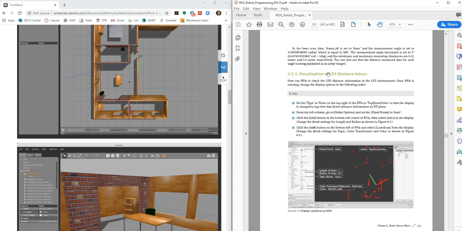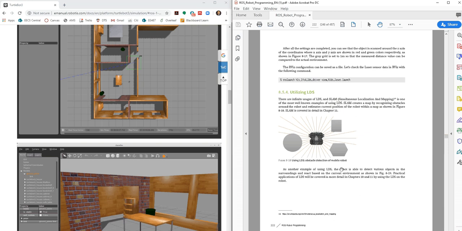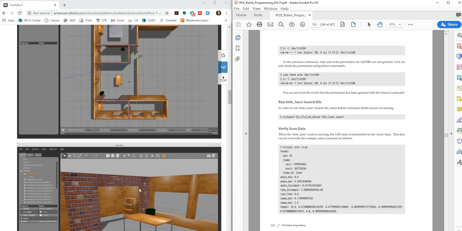So we will be looking at how we're actually visualizing these laser scan values. We're going to use a 2D LiDAR, a single scan LiDAR, which is returning and showing up in RViz, our visualization tool. And then of course how the robot is utilizing a laser distance sensor to do SLAM and mapping and other types of tasks, obstacle avoidance and path planning. So we'll launch right into our